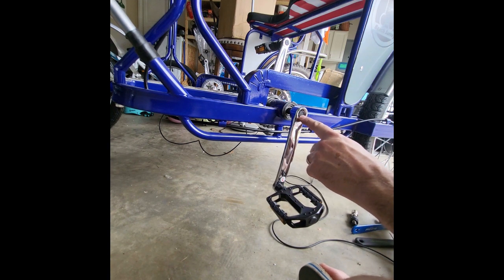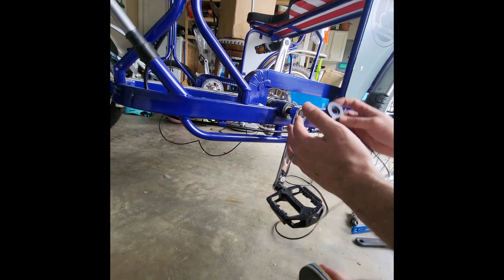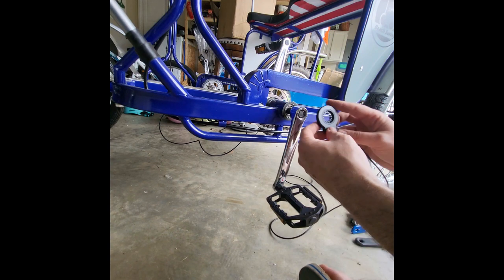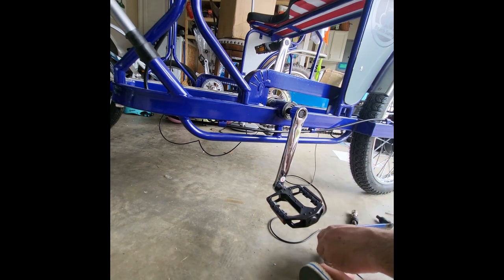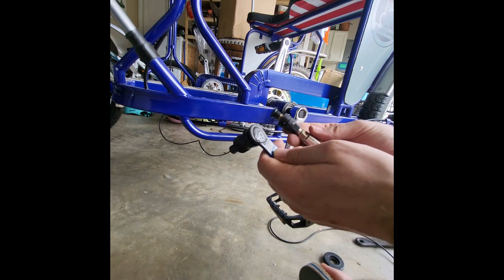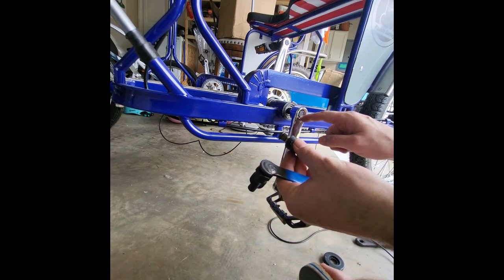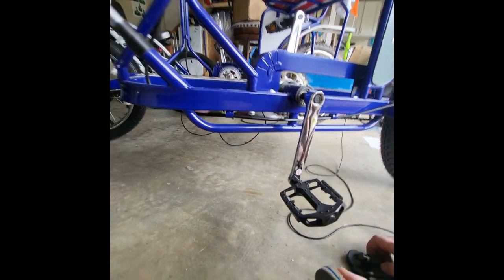This bolt in here is what we need to remove to pull the crank arm off. Once we do that, then we can install the pedal sensor on the pedal there. So there's 2 different tools that you can use to do this. They're essentially the same thing. One threads onto the crank arm. If you look right inside, get a little closer there,